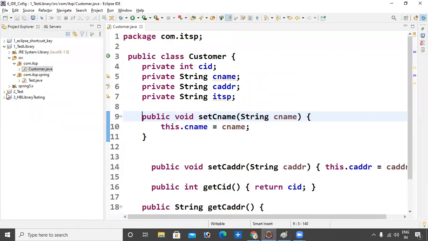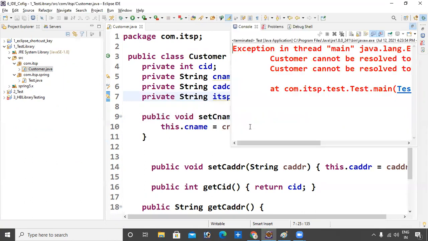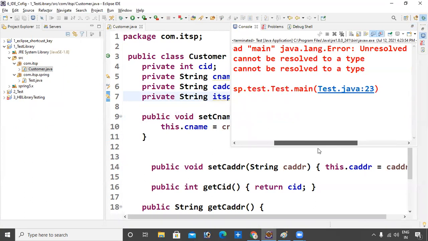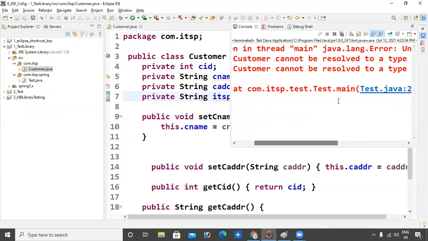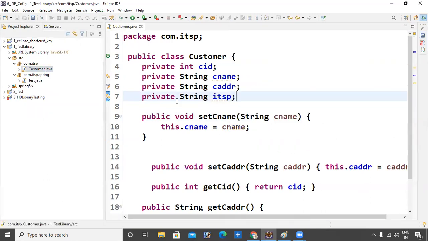Simply press Control plus F11 and it proceeds. It will automatically go through all the classes, save, and go into the main method. Don't worry, it runs automatically.